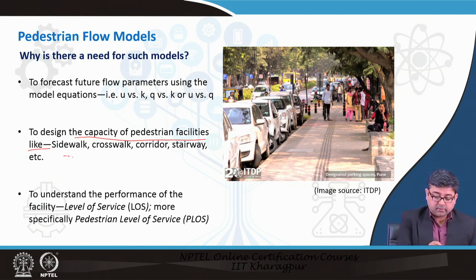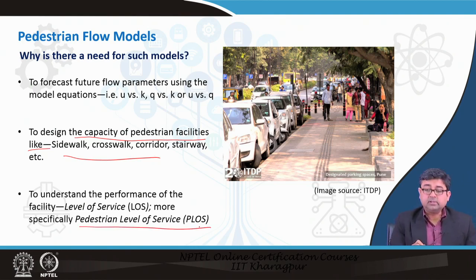So, that is one of the reasons, and then that eventually affects what is called the pedestrian level of service, right. The pedestrian level of service, which we will get into in the next few lectures, classifies how many pedestrians flow for a given width of a sidewalk, for example. One of the ways of measuring pedestrian level of service is to see how much width of a facility you have and how many people are flowing through that facility.